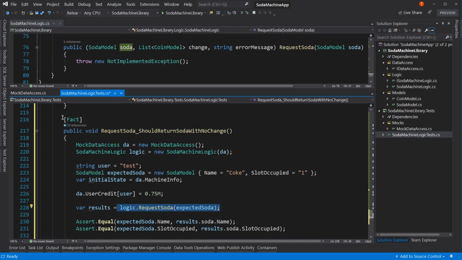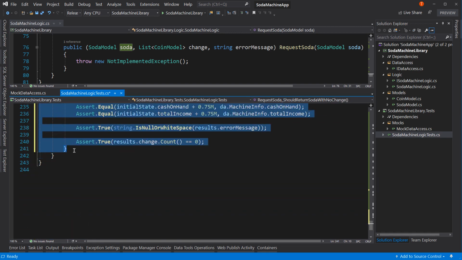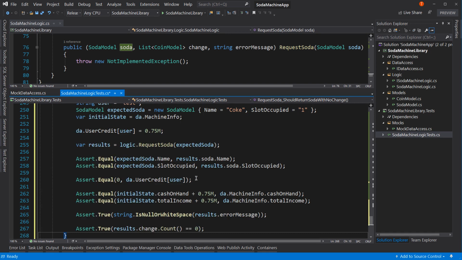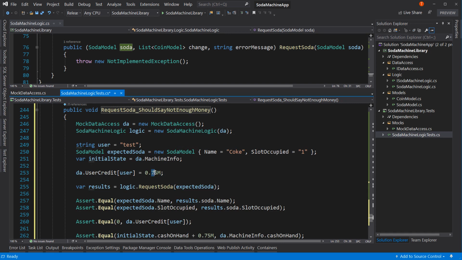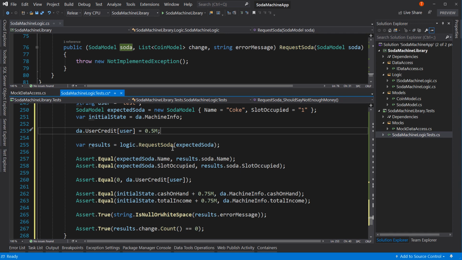So now what we're going to do is copy this entire unit test, and paste it. And this should say, instead of return, should say not enough money. So we're going to do the same exact request, except we're going to have 50 cents in our user credit. And we're going to request a soda, and instead of saying that the soda name and all that matches, what we're going to say is let's do a